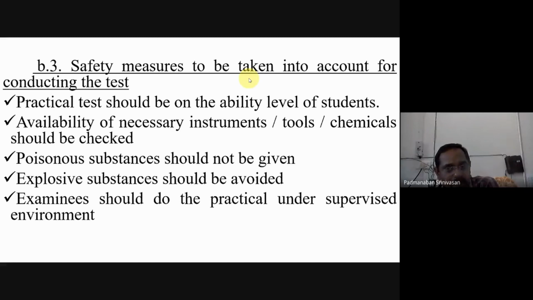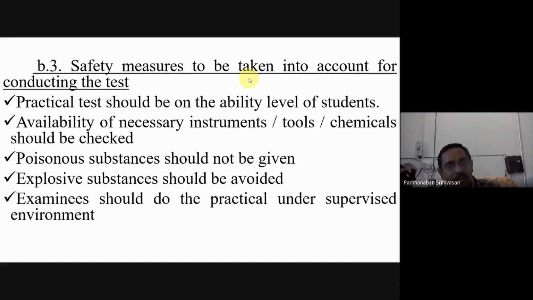Suppose you go for PG in chemistry, there will be 4. I think you may not be going because you are not eligible to do PG chemistry. BSc chemistry students can go for MSc chemistry. If they go, that will be 4 acid radicals and 4 basic radicals. You see the level increases. So at +2 level we have single salt, at UG level double salt, and at PG level quartet. 4 salts will be mixed and given, so totally you have to identify 8. 4 will be acidic radicals and 4 will be basic radicals.